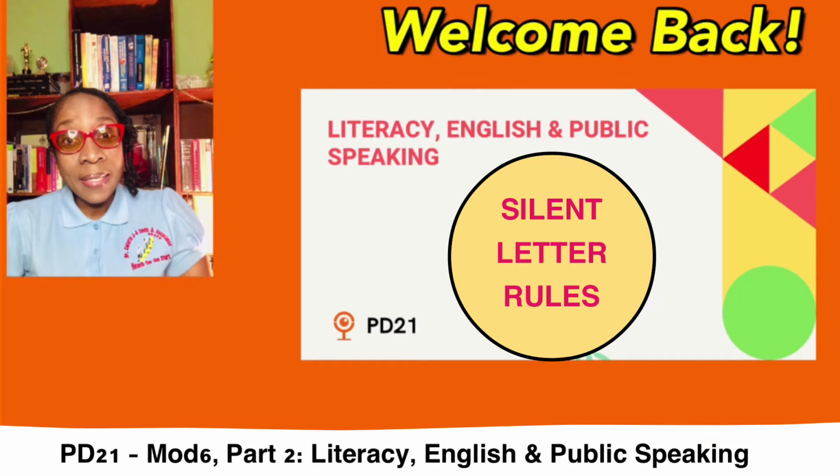For example, M-E-M-B-E-R, member, N-U-M-B-E-R, number, S-Y-M-B-O-L, symbol, A-M-B-I-G-U-O-U-S, ambiguous. The B is silent before the letter T, as in debt, D-E-B-T, doubt, D-O-U-B-T, subtle, S-U-B-T-L-E, debtor, D-E-B-T-O-R,